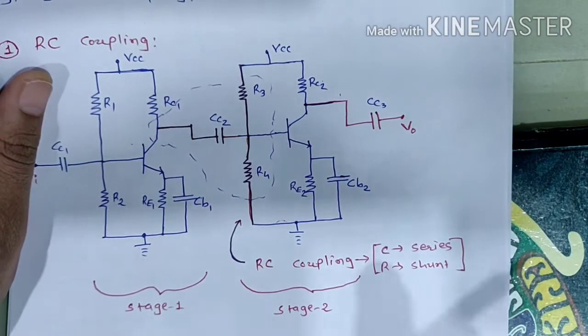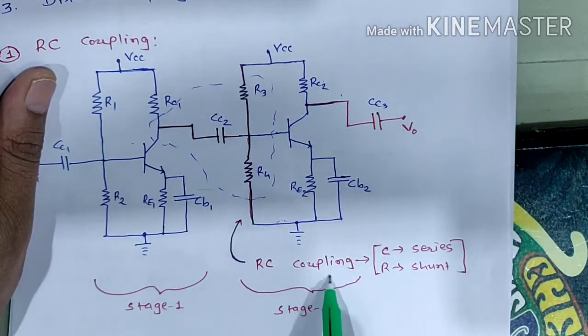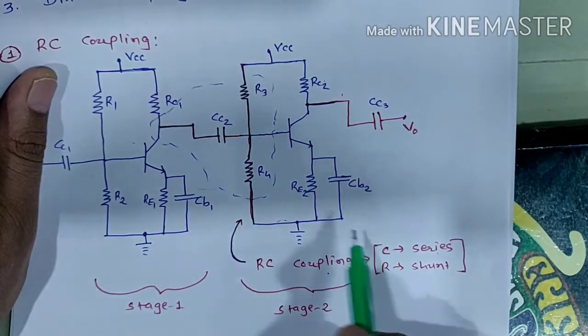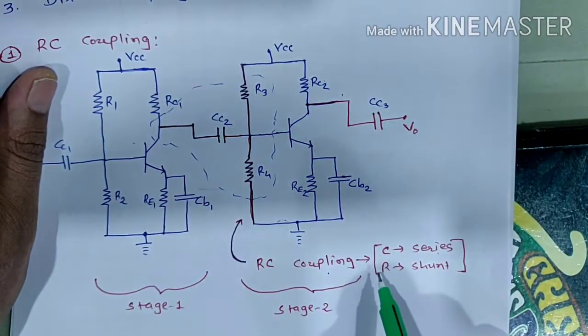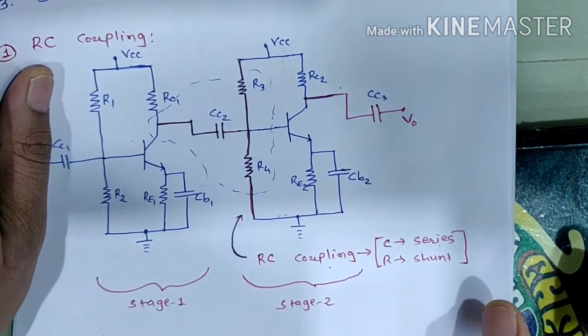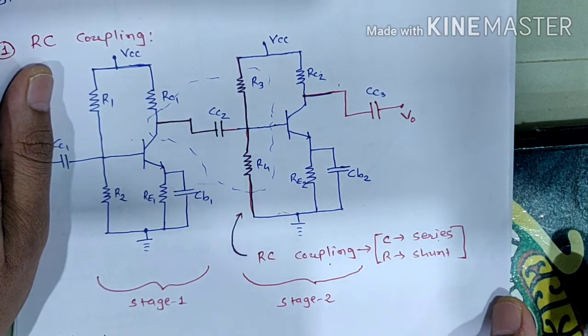This portion is called the RC coupling, where C is in series and the resistor is in shunt. This will perform like one type of filter,